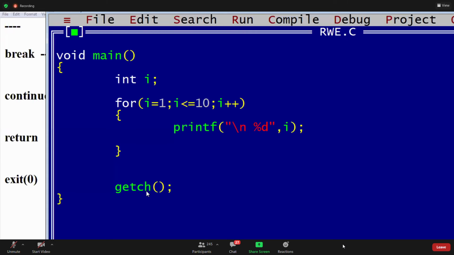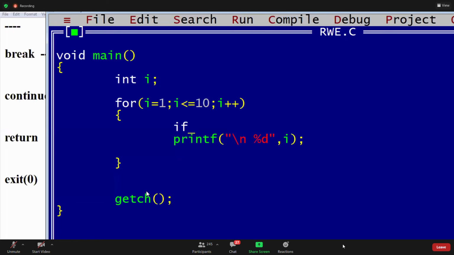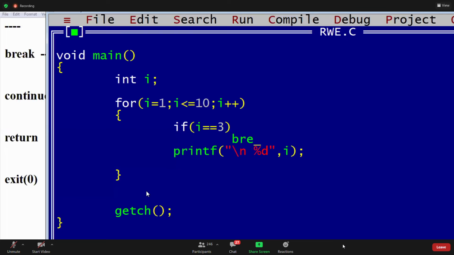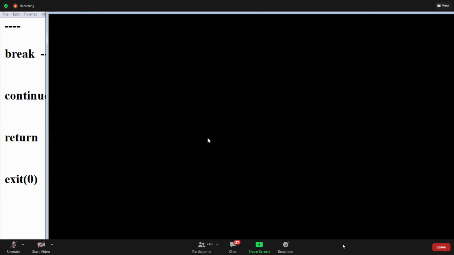Yeah, what is break, guys? Write this. If I equals 3, then break. What is the output, guys? 1 will be printed, 2 will be printed. Whenever it is 3, break. Then 1, 2 is the answer, guys.